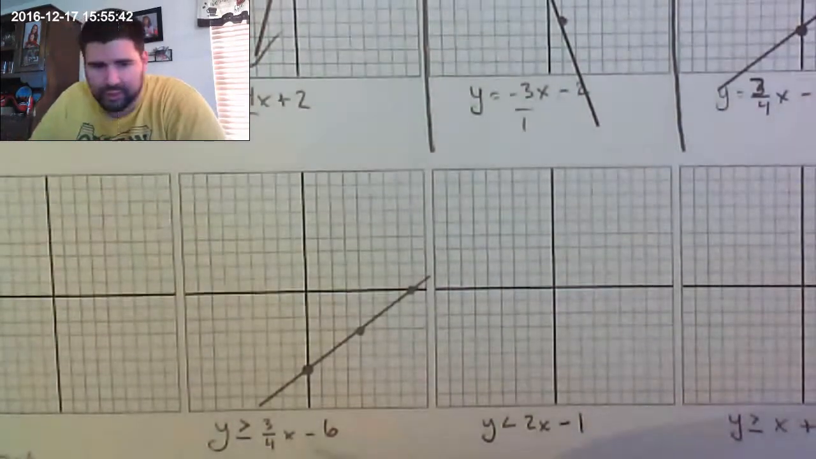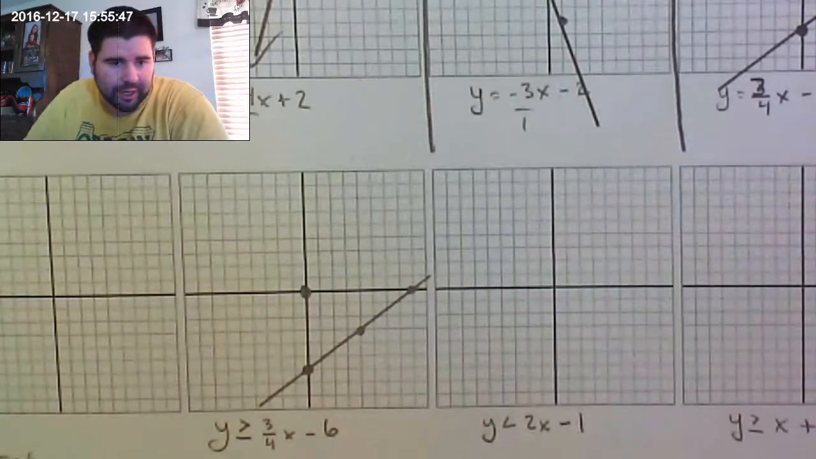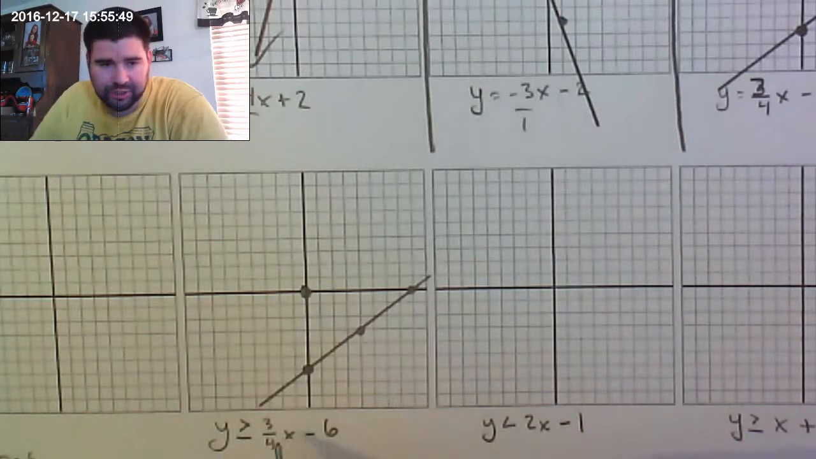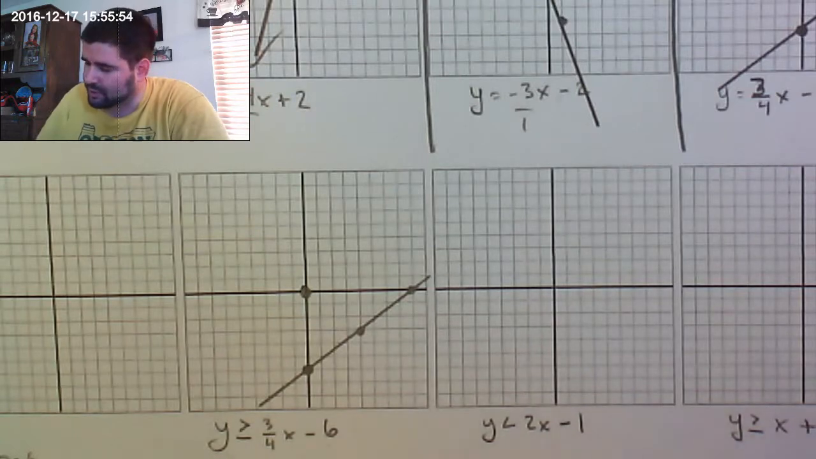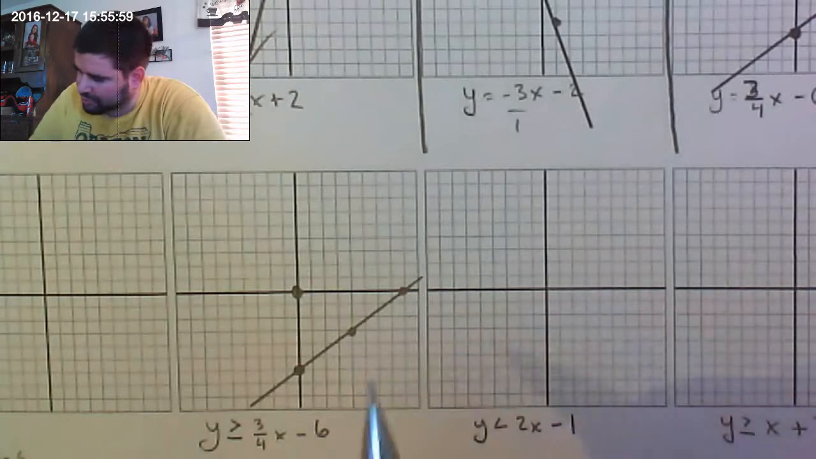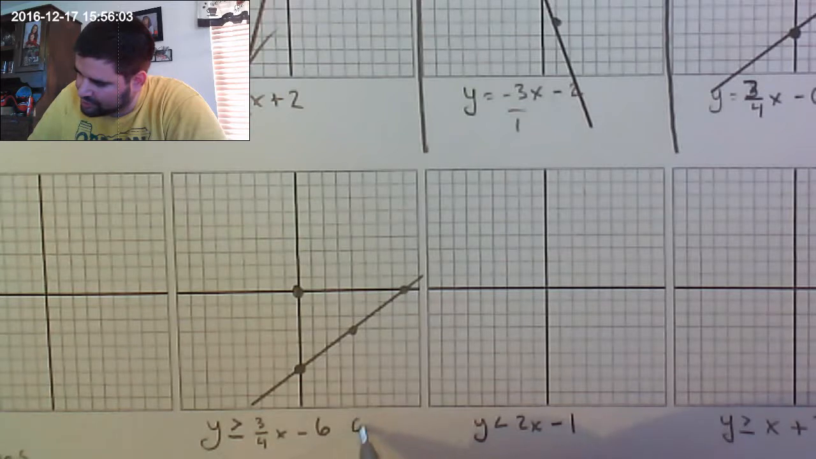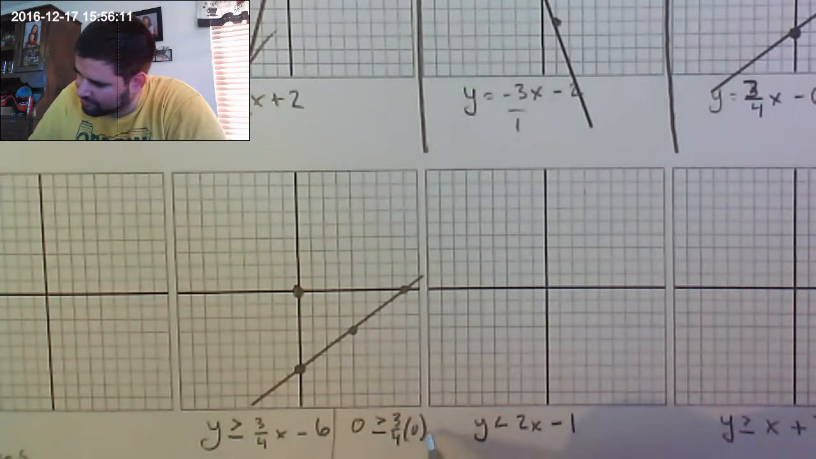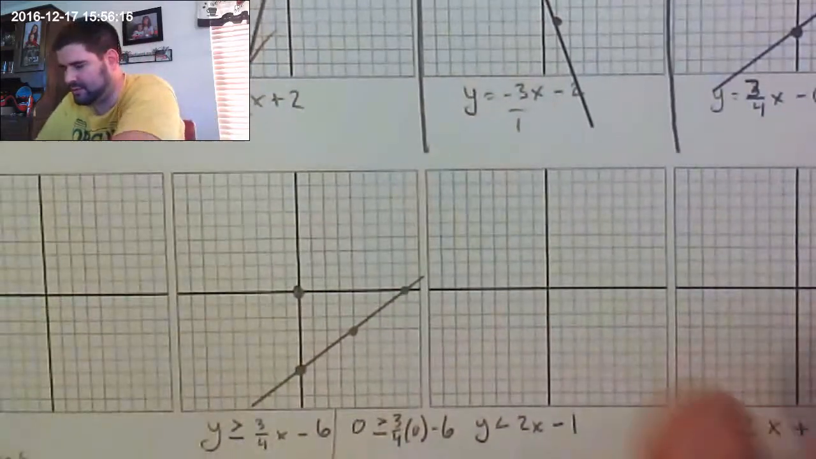So I'm going to pick the point 0, 0 right here, and I'm going to plug that into my equation and see if it makes my statement true. If it doesn't, well, I'm out of luck. So let's see. I'm going to put my point right here, 0, 0, so I'm going to plug that into my equation. 0 is greater than or equal to 3 over 4 times 0 minus 6. And when I do that,